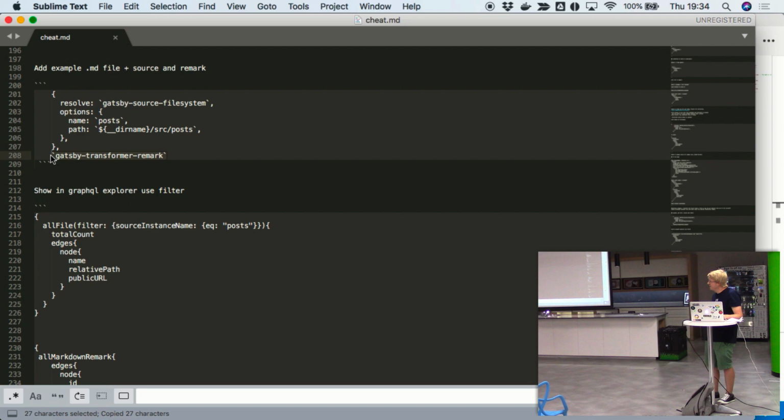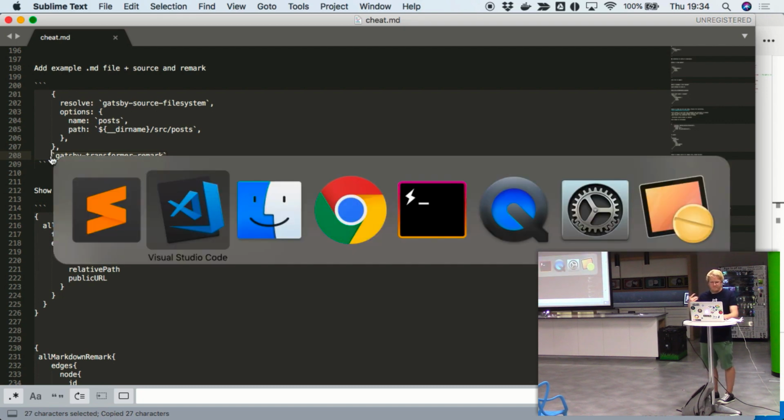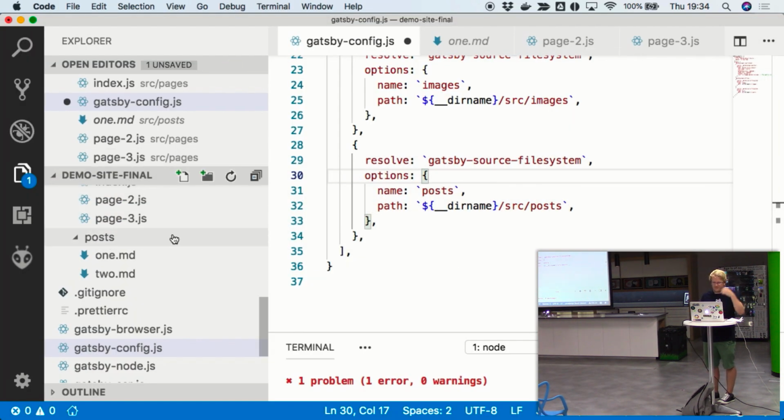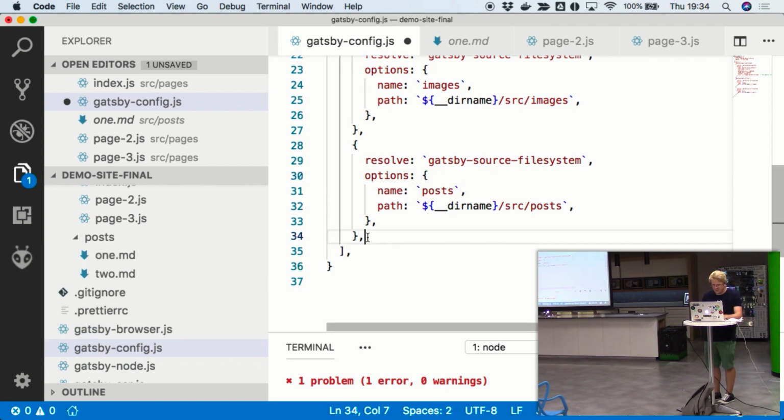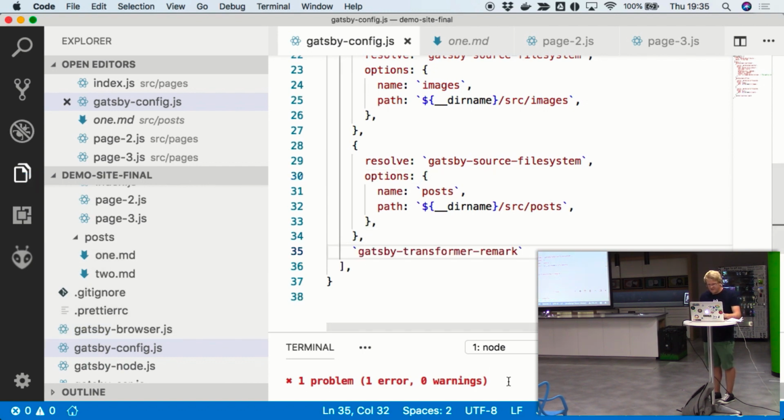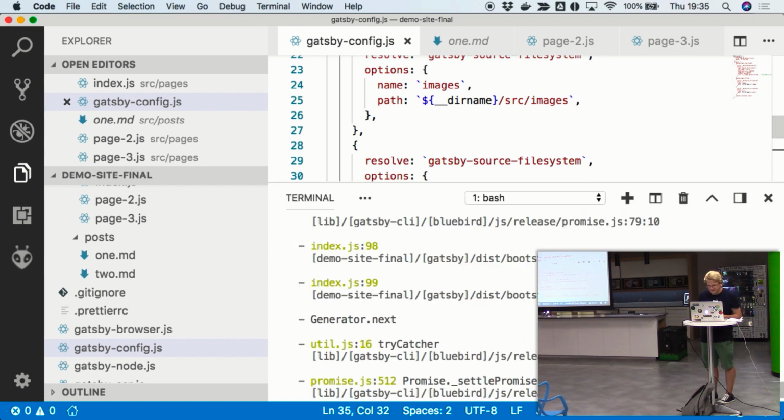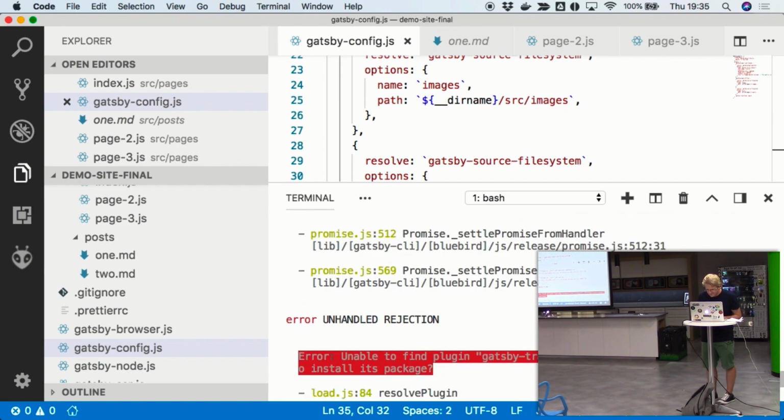So remark is a JavaScript module that helps read markdown files. So we just add that here, and then I'll just compile this, and then what am I doing wrong? Oh, Jesus.